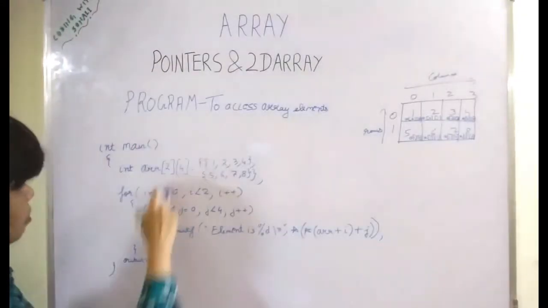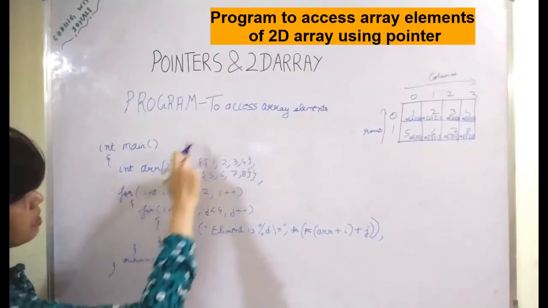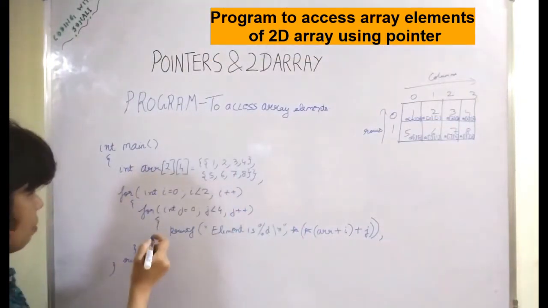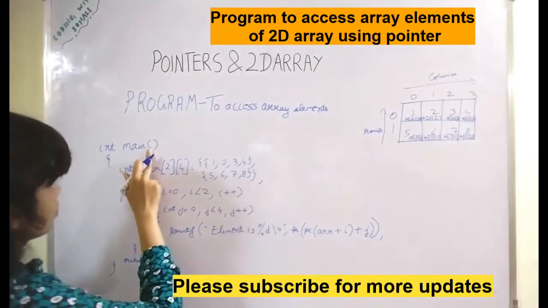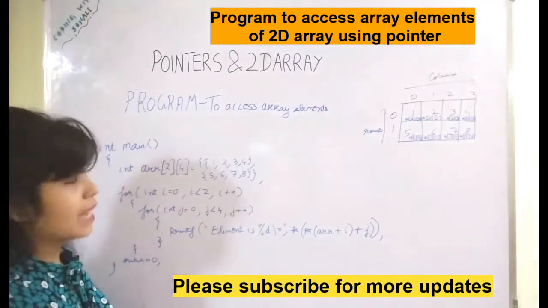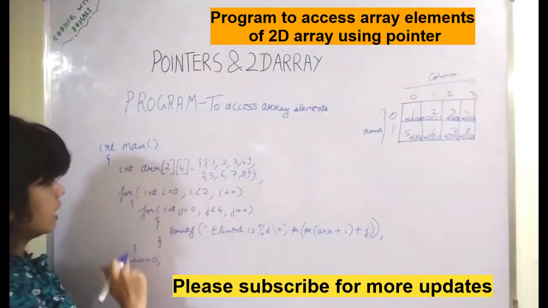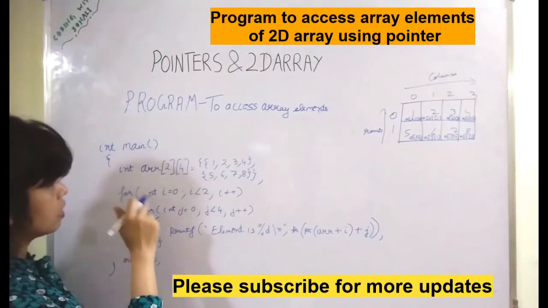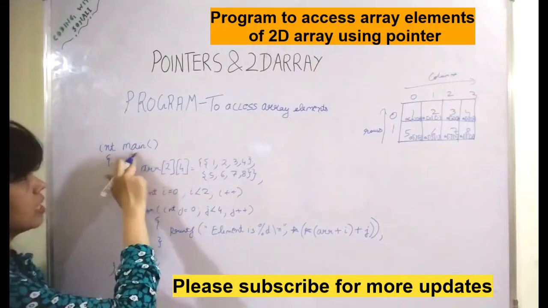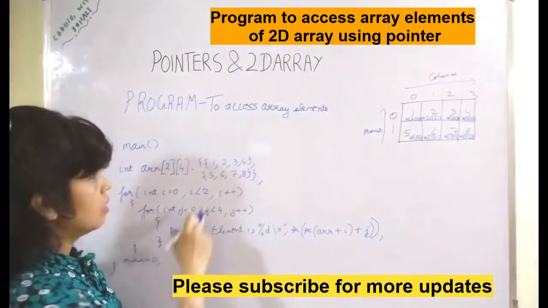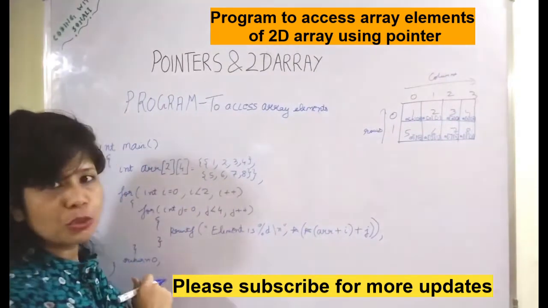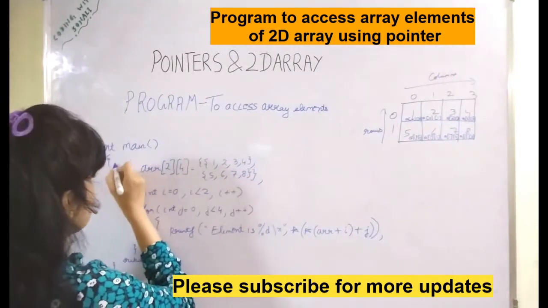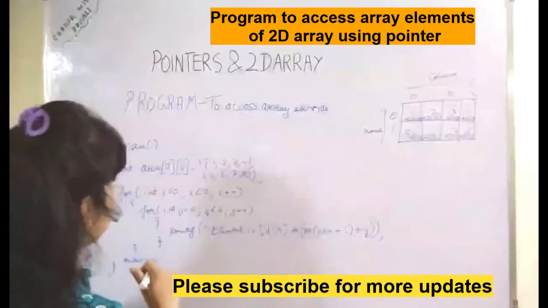This is the program in order to access the array elements. The formula which we have constructed, we have seen that, and now this is the program written in the C language. We know that in the C language, whenever we run the program, the execution starts from the main function. Here itself, I am mentioning the values of the elements of the 2D array. This is a compile time initialization, this part. This in matrix form we have represented.